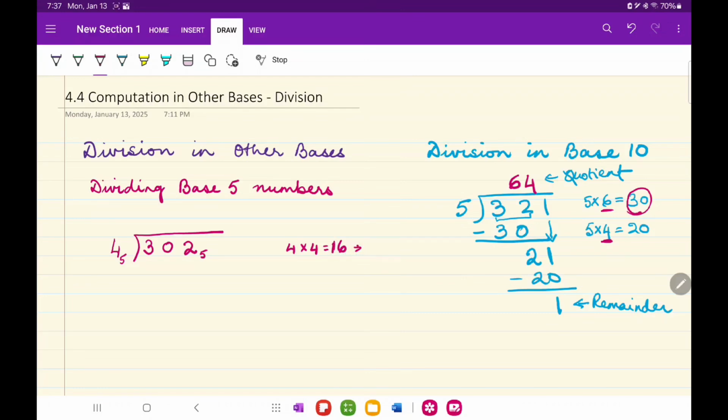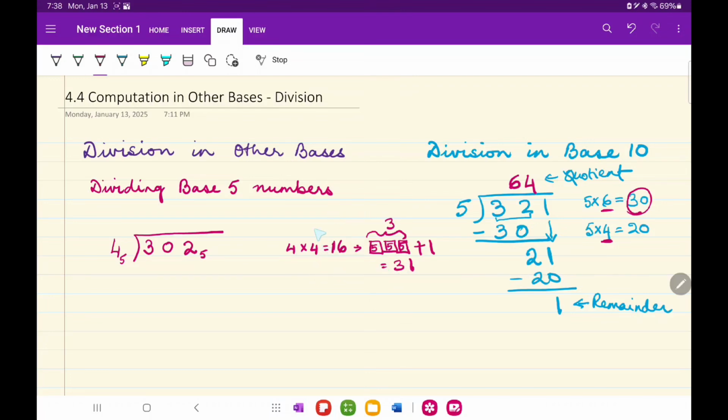Now 16, again, this is a base 5 value, so we have to create bundles of 5. How many bundles of 5 do we have in 16? 16 can be written as 3 bundles of 5 plus 1. So that would make the number 31. We have a 30, so it's gone over. So